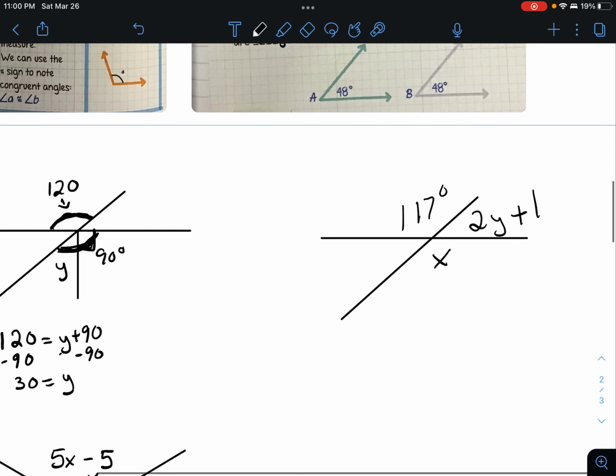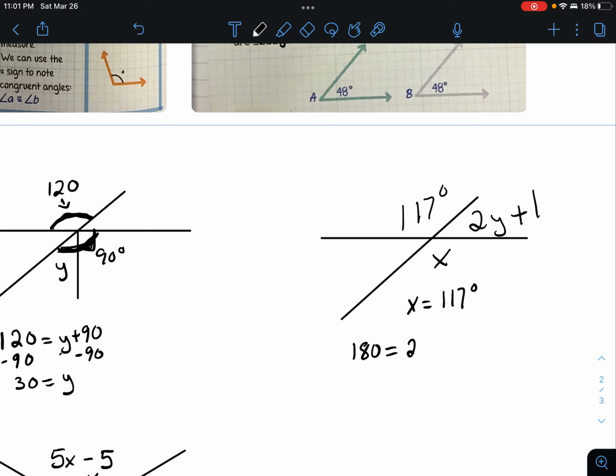Okay, go ahead and see if you can figure out this one. You've got x and y. So our first step, find x. These are vertical angles. They intersect and they're opposite each other, or there are two straight lines that intersect. So 117 is equal to x. Now that we know 117 plus some number has to equal 180, so 180